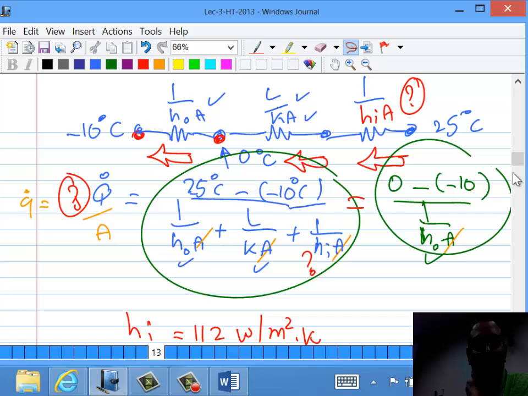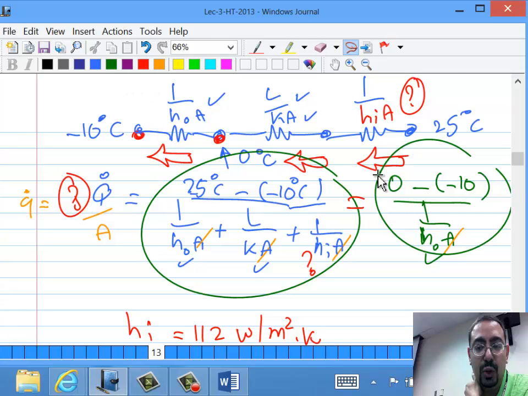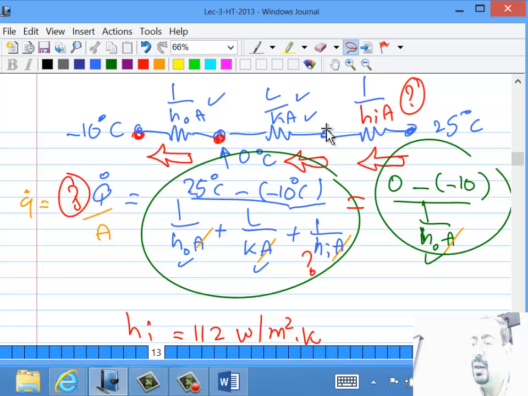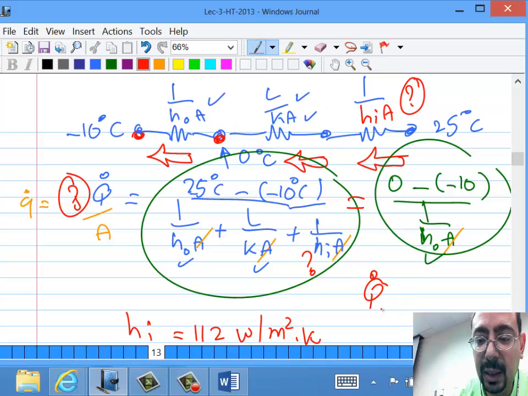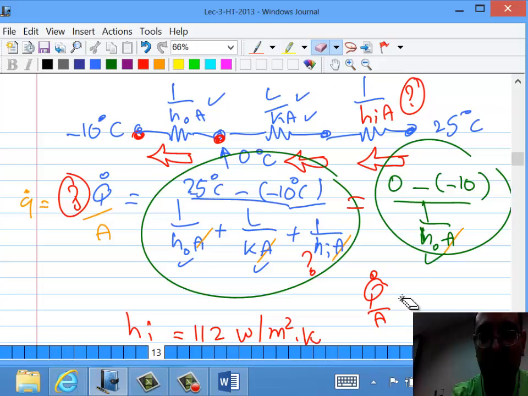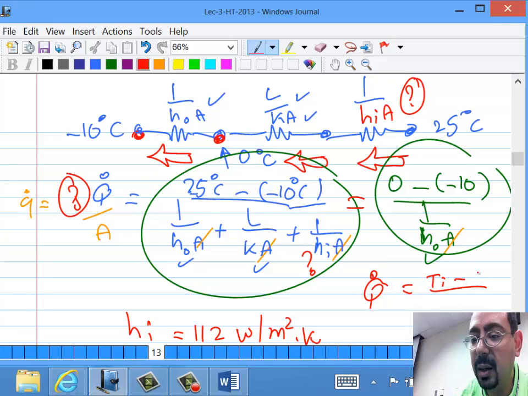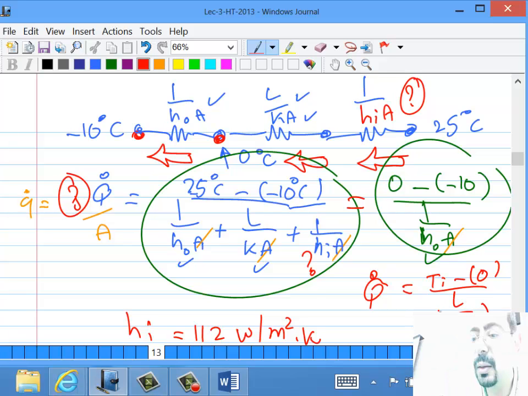So we can get this temperature by saying that Q, not per unit area, just the Q, is T inner minus the 0 divided by L over KA. The two temperatures, this guy minus this guy, divided by the resistance between them. Correct? We can also do it from this side,